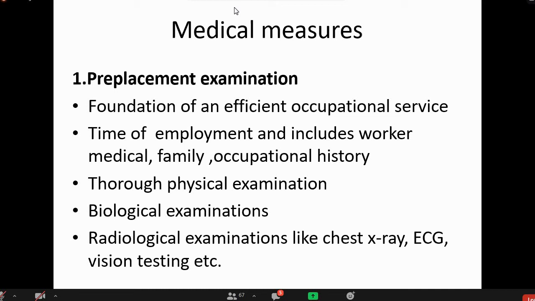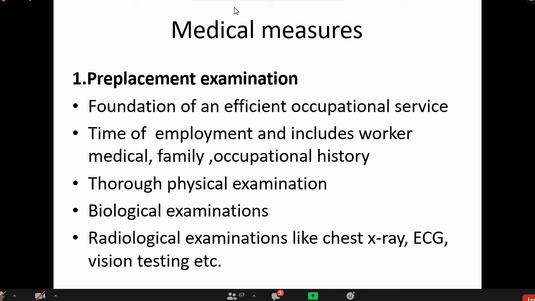These are done to see what the baseline is. For example, if somebody who joins already has some kind of chest infection, this would help us place that person in the factory. Probably we will place him in an area where it is not a closed environment, or where there is less exposure to the